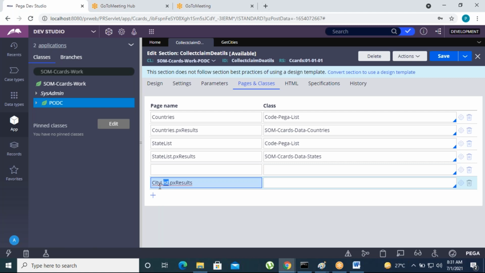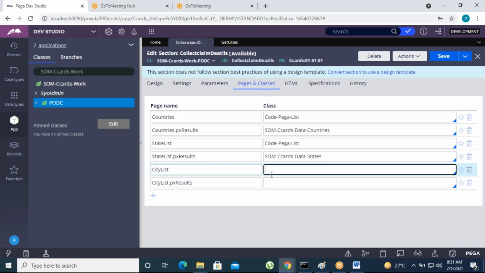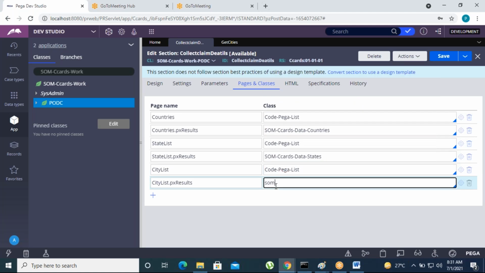Here the city list is created under the code Pega list class. Give the code Pega list class. So another one is this is the cities class.